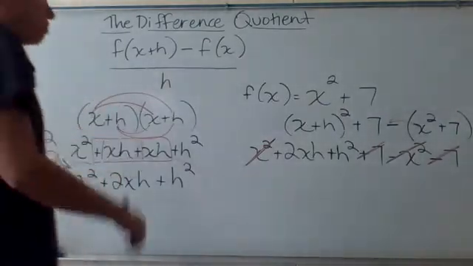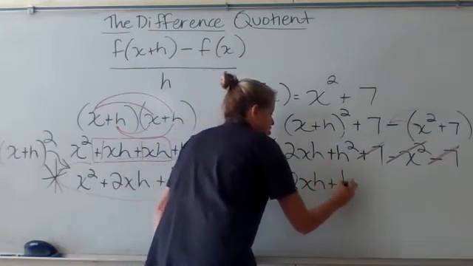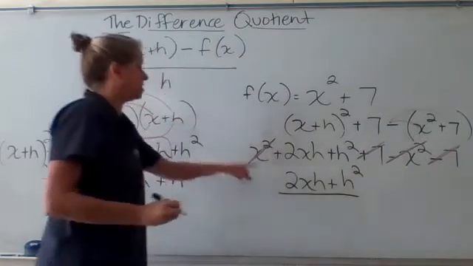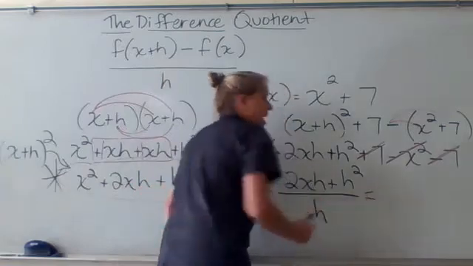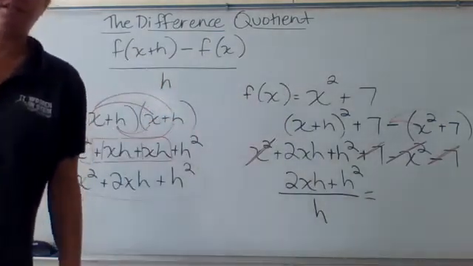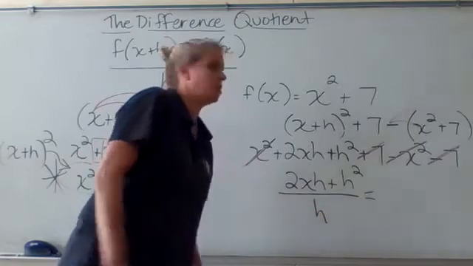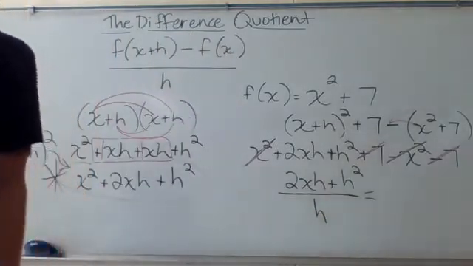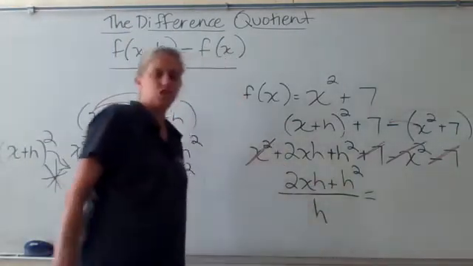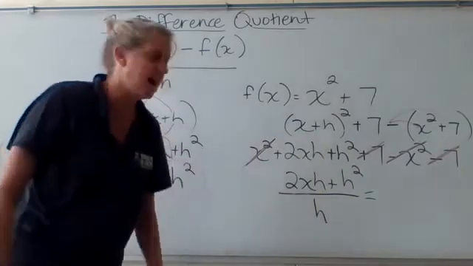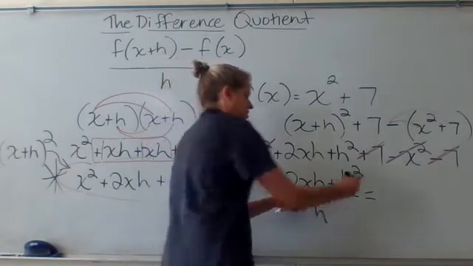So now let's look at what we have left. I've got 2xh plus h squared left. Now remember what the denominator of your difference quotient is. It is h. Now, I can simplify this. That means to divide everything in the numerator by h. There's a couple of ways you can go about doing that. If you're dividing it by h, each term in this numerator is just going to lose an h. You're dividing an h out of that, which means, let's see, if this one loses an h, what's going to be left? 2x